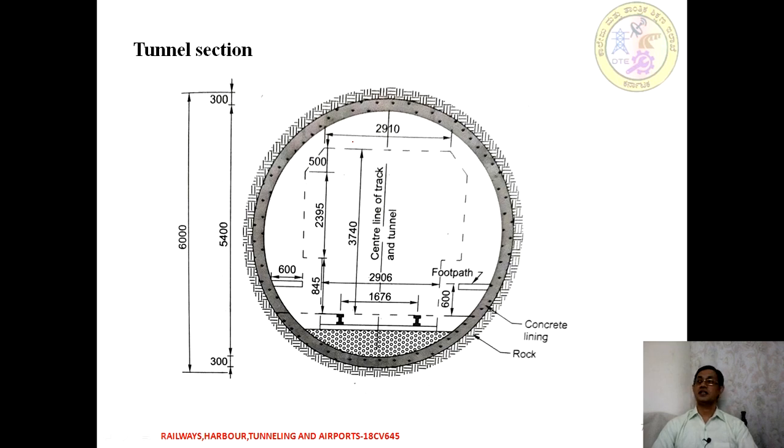So this is an image. It shows a tunnel section. Try to observe how the railway track is placed. At the bottom we use rolling stock. This is a concrete lining. The entire thing is concrete lined, which is more stable. This is a broad gauge line having a gauge of 1.676 meters, then a side footpath of 600 mm is required for standard operation. Likewise, the underground tunnel sections are prepared. This depends upon the intensity of traffic and any other amenities to be provided.